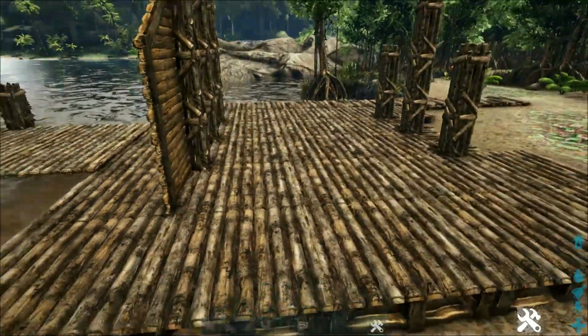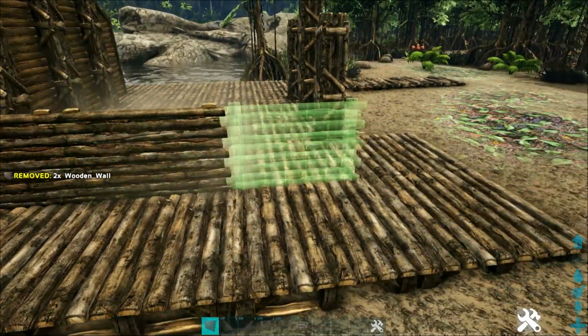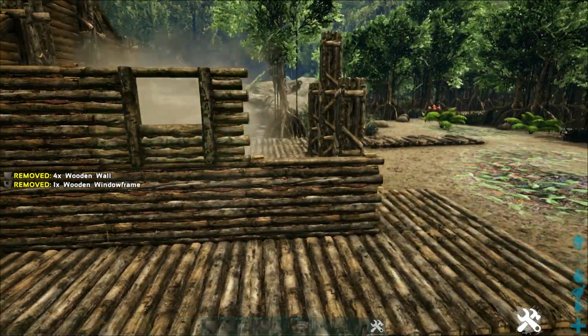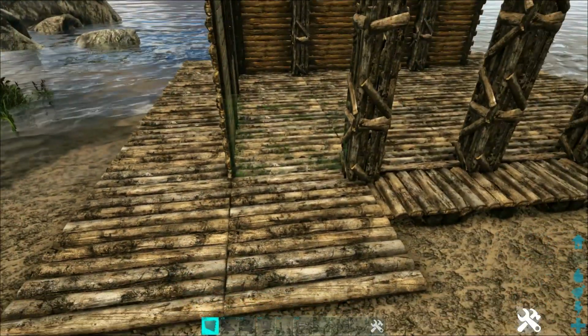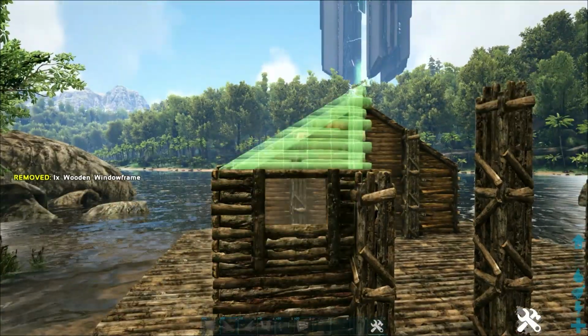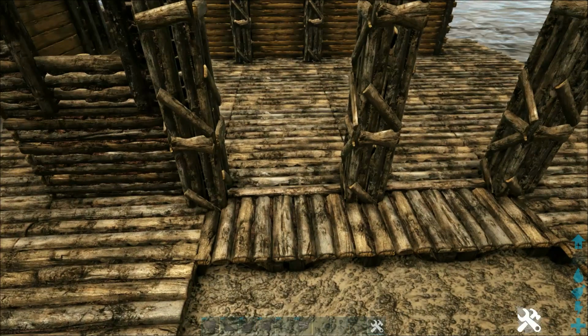On to the next side, we're going to make a row of 3 wooden walls across the bottom. And then we're going to place a wooden wall, wooden window frame, and wooden wall on top of those. At the front, we are going to add a wooden wall, wooden window frame, and then the appropriate sloped wooden wall in that spot. Here we are going to place 2 wooden double door frames,